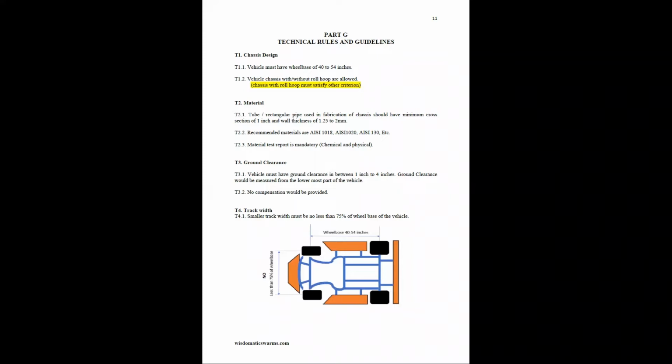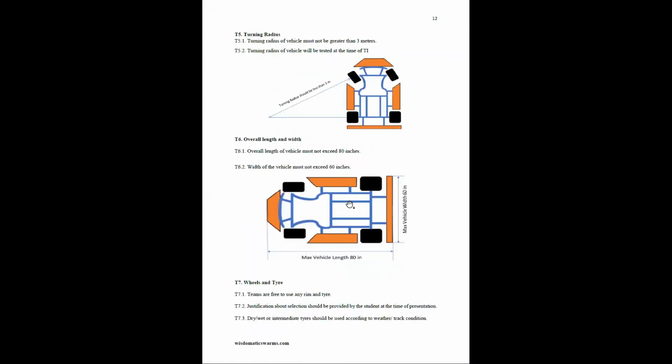Now the track width. The smaller track width should not be less than 75% of your major track width. Suppose you are having your rear track width as 100, so your front wheel track width should not be less than 75. It should be above 75. The turning radius should not be greater than 3 meter,